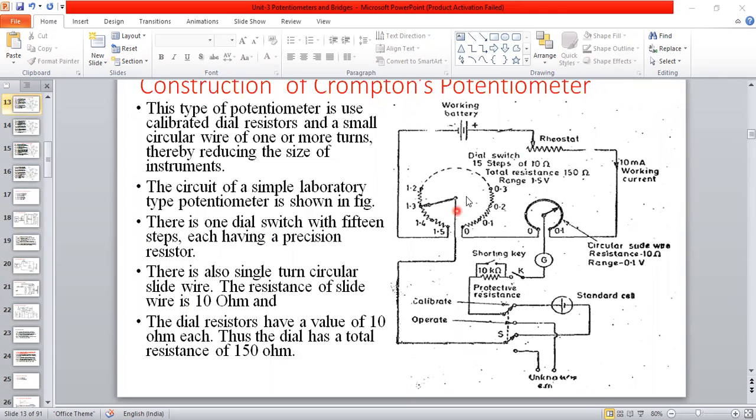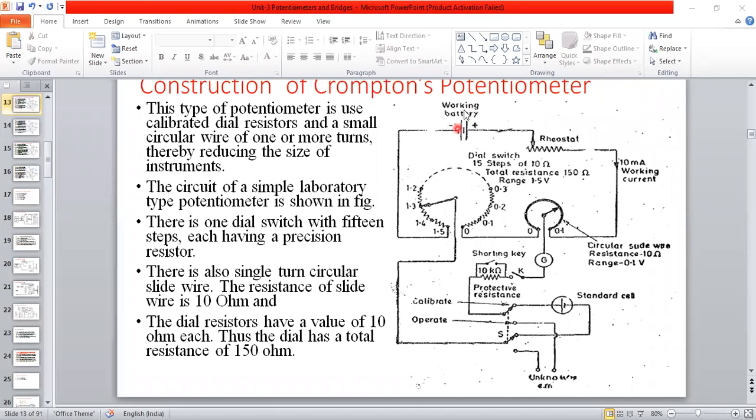See, this one is the dial switch. Actually, we are giving the battery supply here. Wait until the last, I have not yet taken your attendance. I have not noted it today. So at the end, I will take that.